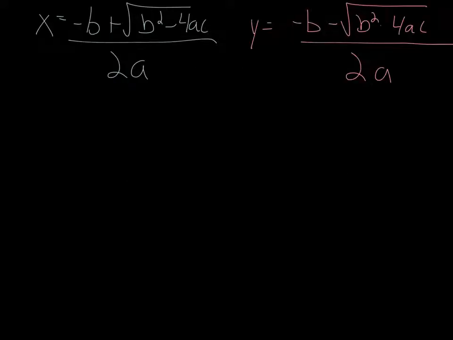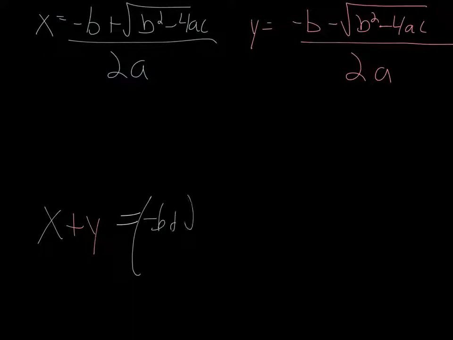The two equations that I broke my quadratic formula up into are x equals negative b plus the square root of b squared minus 4ac all over 2a, and negative b minus the square root of b squared minus 4ac all over 2a. Now what I'm going to do to prove the sum of the roots is add my two roots together. So x plus y is equal to